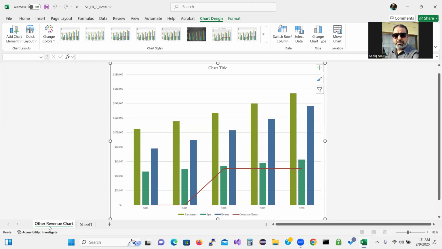Next, we need to insert the chart title. Why do we need to have a chart title? Because the chart title is going to identify the chart content for the viewer. It's going to tell us what this chart is all about, right? So to do that, we have to click on the chart title and highlight it, and type